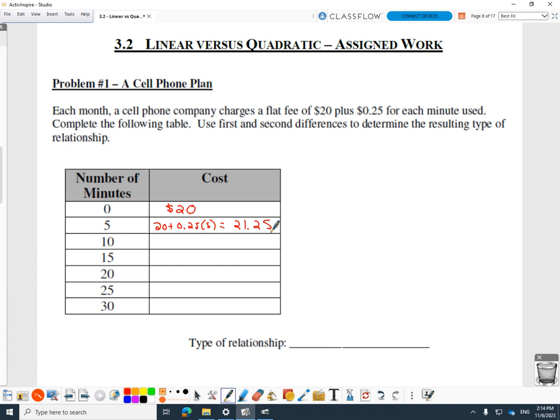See, this table, it's not trying to trick you, but who's going to go up by 1 minute? You're going to go up by 5 every time to say, well, how much for 5 minutes more? So tell me what's right here for 10 minutes. So it's 20 plus 0.25 times 10. So what's 20 plus 0.25 times 10? If you put that in your calculator,